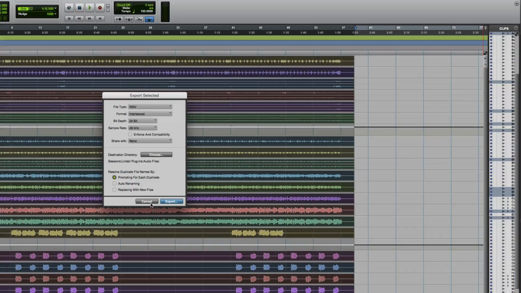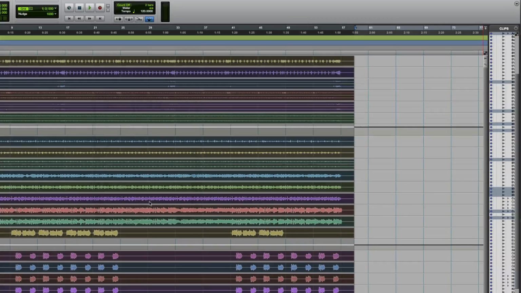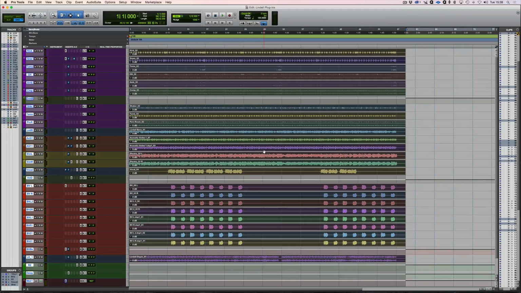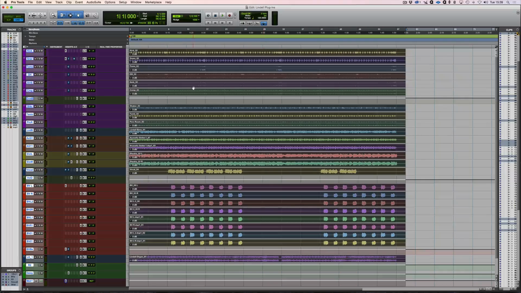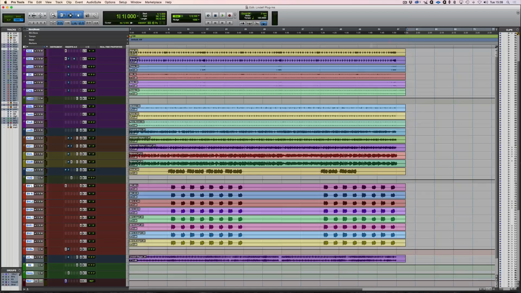So you export them all and you put them in a folder in a safe place. And then you've got the native audio. It's not the audio with the plugins on it. It's the audio that was recorded on the timeline. But the last thing I would do as well then, and you can do, is you can then come in and track by track. It's easier in Pro Tools 11, but you could do it in any version,